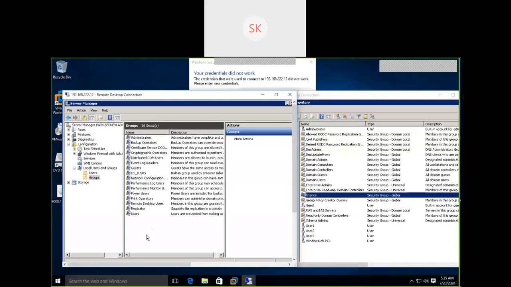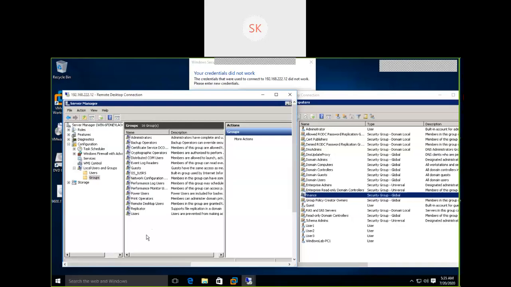If I belong to the admin team, I'm going to create one more group on this domain controller, say system admins, Windows admins, or Linux admins. According to their requirement and privileges, we need to provide permissions, and add the respective group to the respective local group of the member server to get certain privileges.